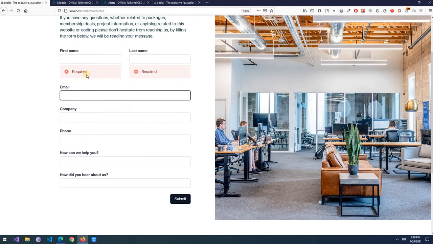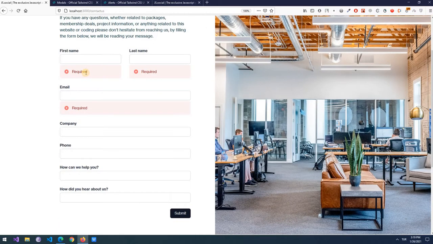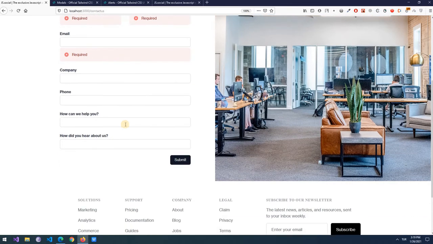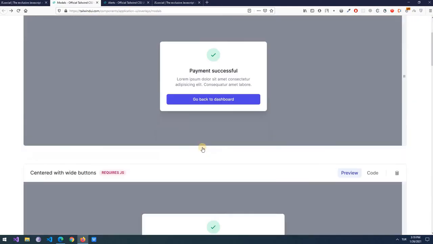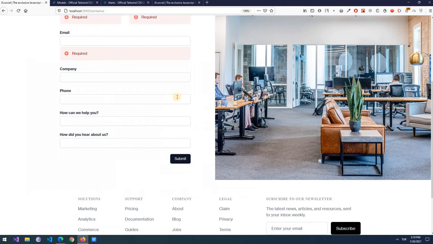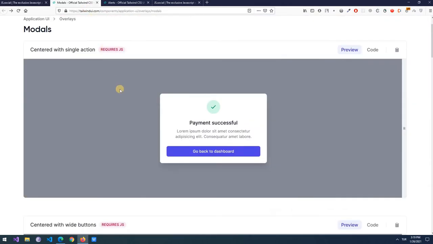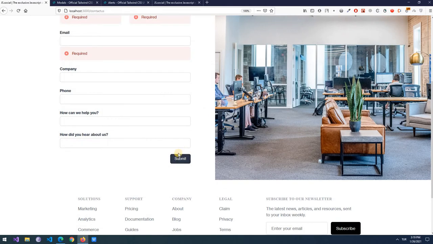And we will be adding TailwindUI components such as alert for alerting the Formik error messages, and we will be using TailwindUI modals also, like when the form submission is successful we will be displaying the successful modal, and when the form submission meets with an error, for example unauthorization or anything like internal server error, so we will